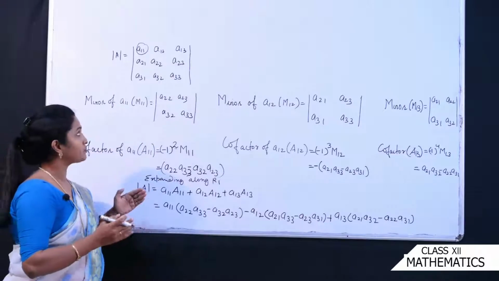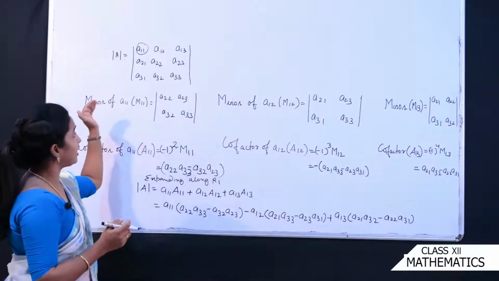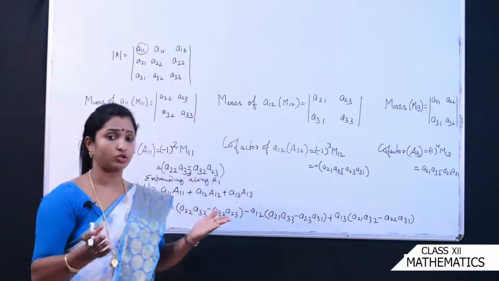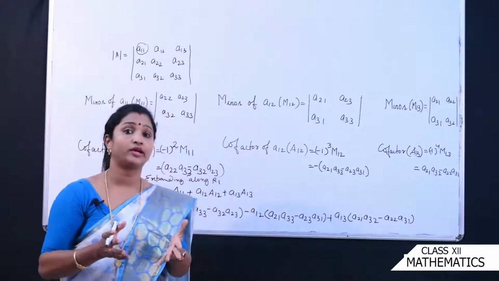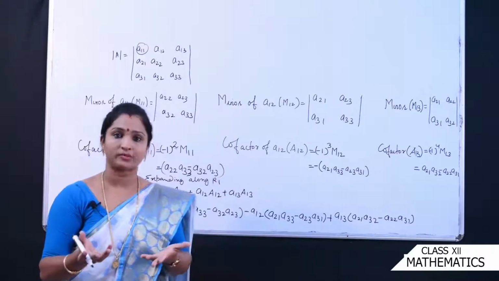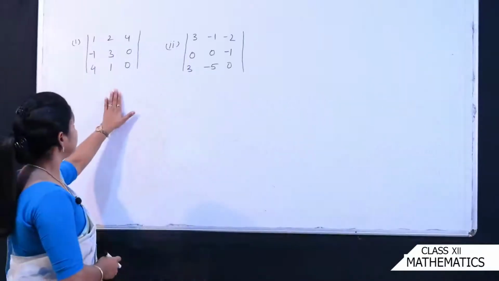Okay, you can expand either by R2, either by R3 and C1, C2, C3 से भी expand कर सकते हैं. तो total 6 ways are there to expand a determinant. ठीक है, आपकी मर्जी है, आप किसी भी तरह से उसको expand कर सकते हैं. Now see first example.